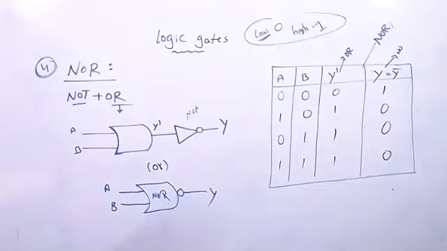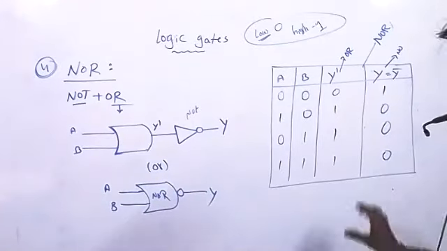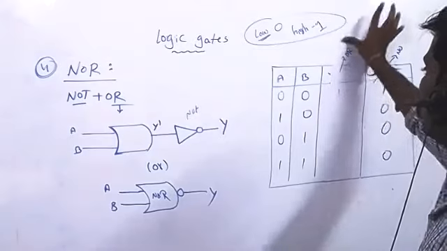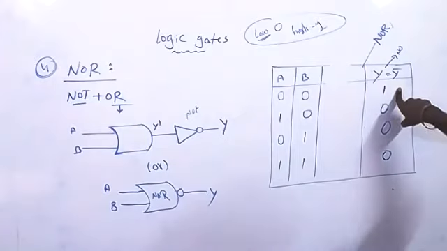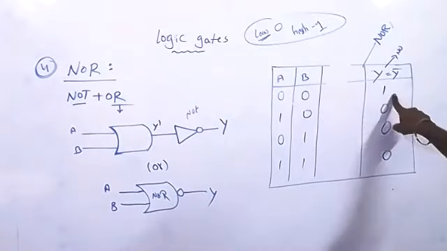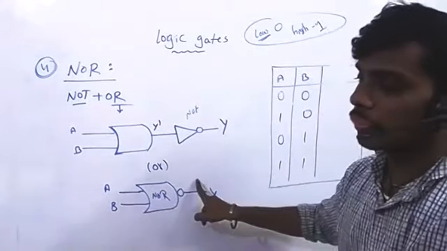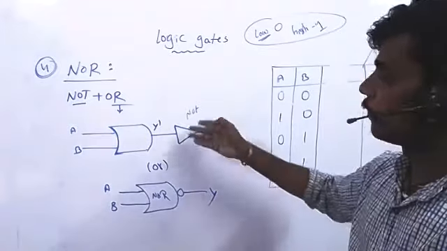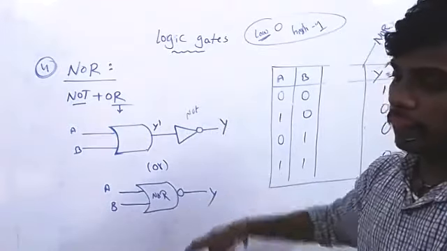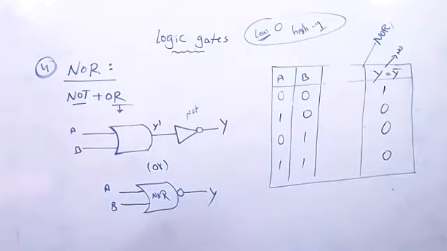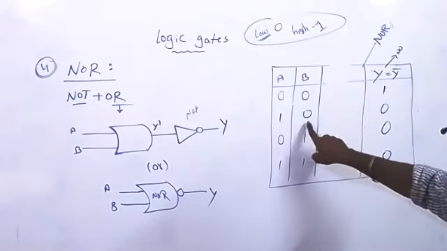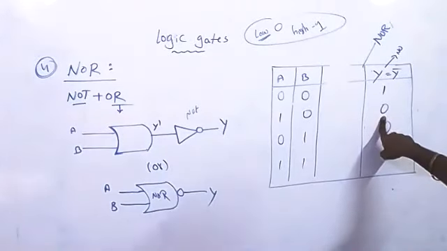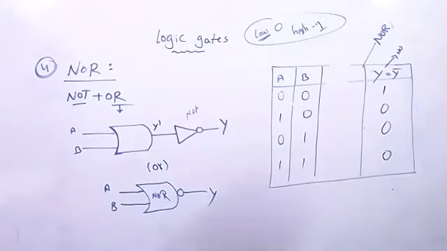Okay. So simply, if you forget this, no problem. It is the NOR gate's result. When two inputs are low, you will get high. The NOR gate has two inputs and one output. Individually, if you write it, also no problem, but that is a time-taking process. Now look at this: two inputs low, output is high. One input high, one input low, output you will get low. So it will happen like that. Am I clear?